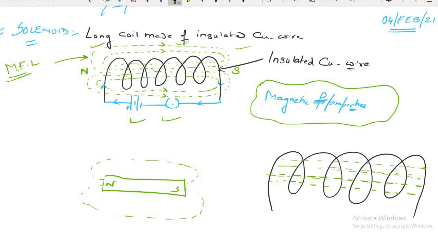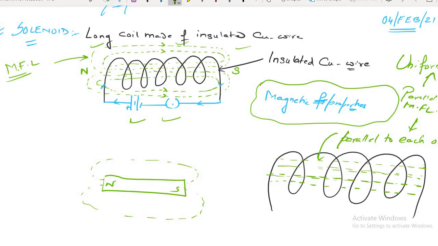Shall I say the lines inside are parallel to each other? Lines inside are parallel to each other. Yes or no? Yes, sir. Inside, the magnetic field lines are parallel to each other. And parallel magnetic field lines show what? They show that the magnetic field is uniform.